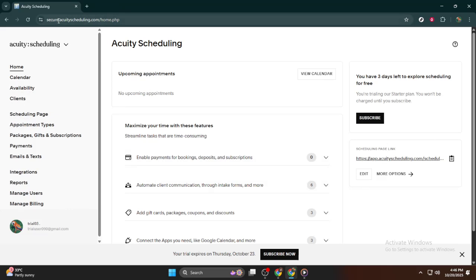To do this, head over to your computer and log in with your credentials. Once you're logged in, you'll see the dashboard, which serves as the central hub for managing your scheduling needs on Acuity. Look to the left side of your screen where you'll find a menu filled with various options for managing